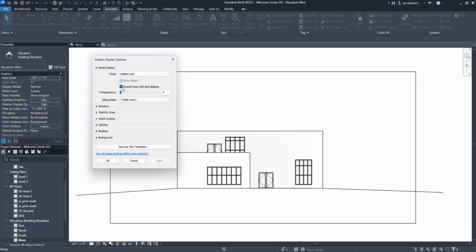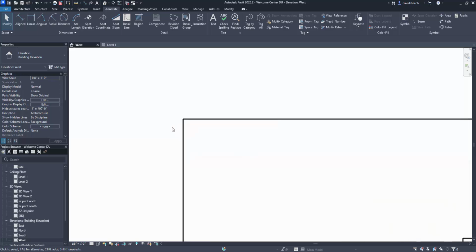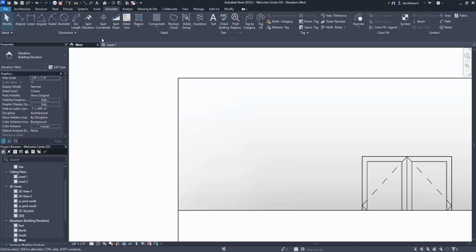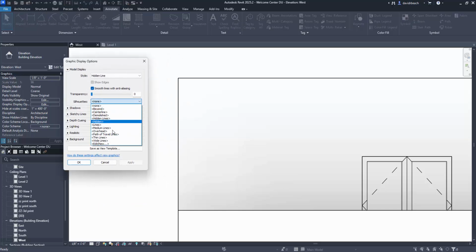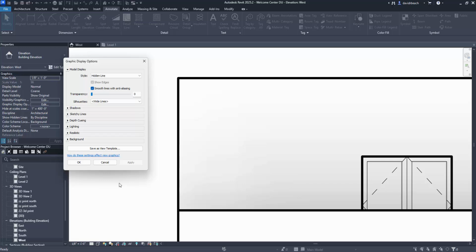I need to check smooth lines with anti-aliasing. In particular, any diagonal line that's going to make a dramatic difference rather than seeing it as a series of steps. It's going to smooth that out, make it look a lot nicer. Silhouettes, I set that to wide lines. If it's none, let's just hit apply and OK on that really quickly. We can kind of zoom in and see the effect of wide lines here. Graphic display options, silhouettes, wide lines, just gives me that extra little punch of line weight, which is really